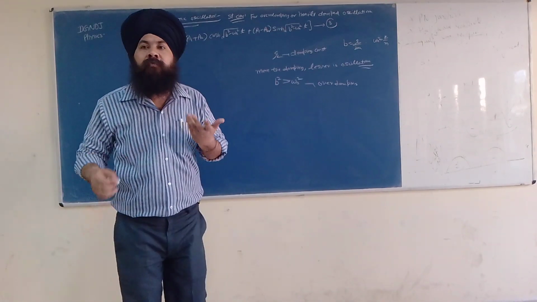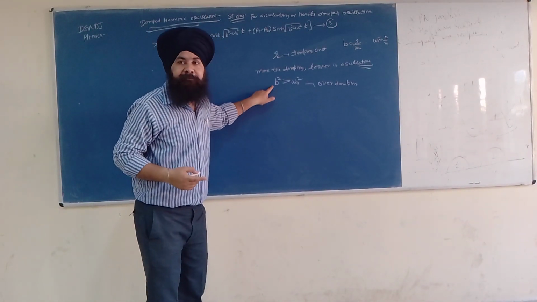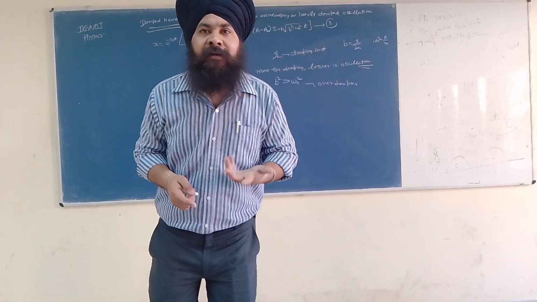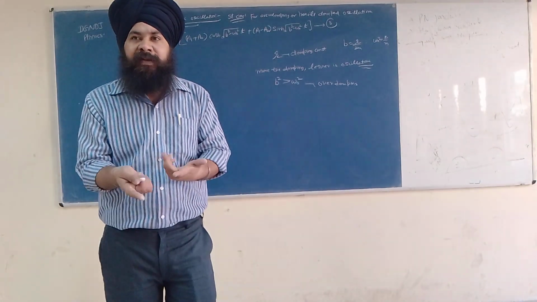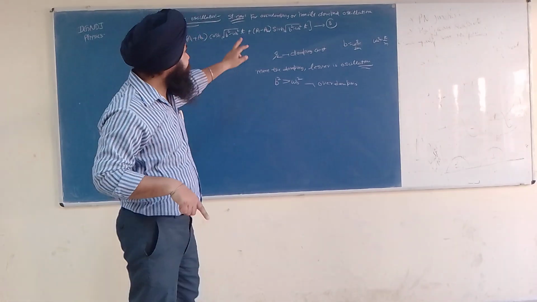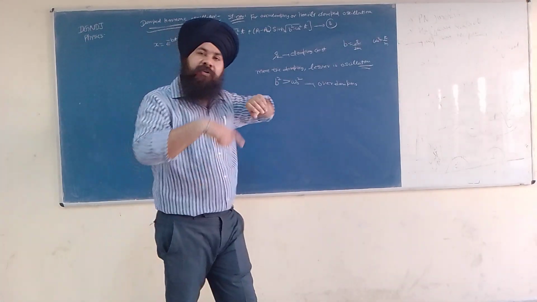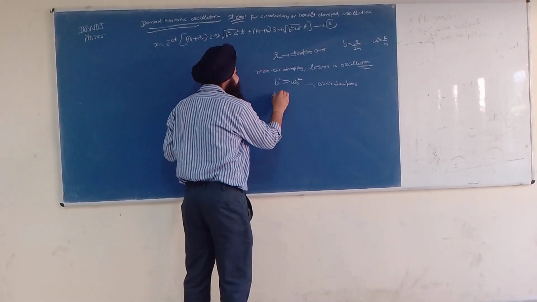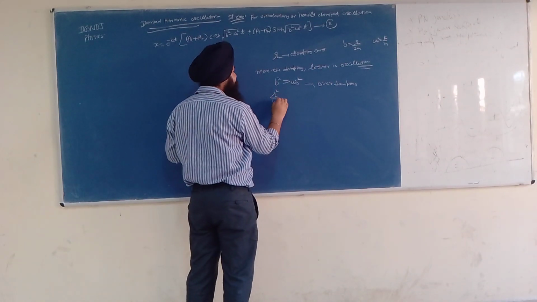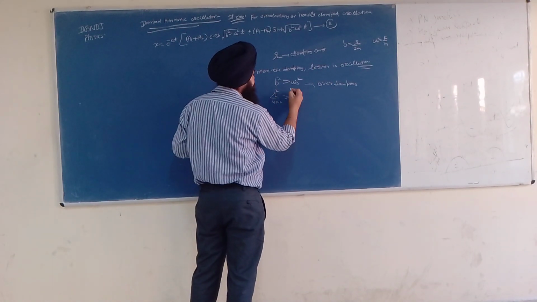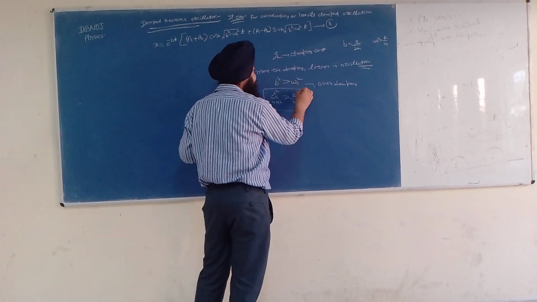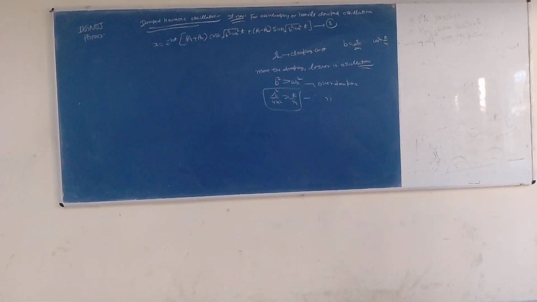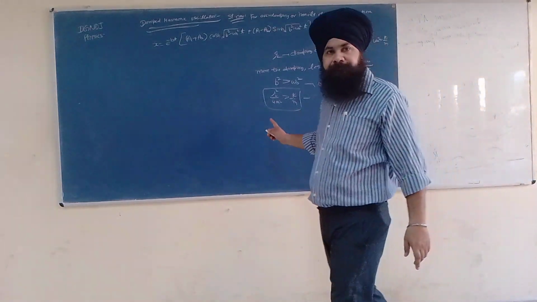How do we come to know about this? Because b contains R, and R means damping. More the damping, lesser is the amplitude of oscillations, or we can say heavily damped. It means oscillations will die out very fast. So I can say b is equal to R by 2m, R square by 4m square greater than k by m. So this is the condition of the overdamping.